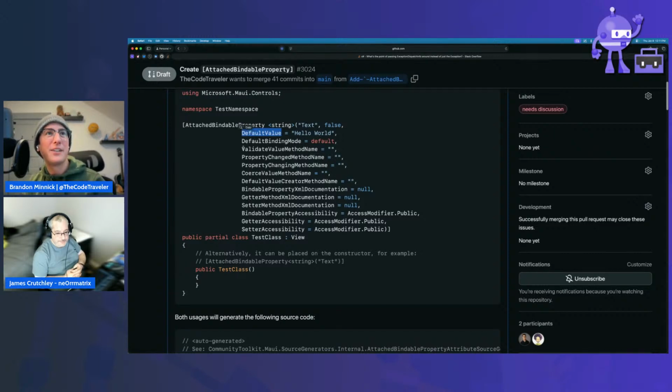So we got default value. You tell us your default binding mode, if you're passing in any methods for like property change, property changing. This is all the same. But then when I started implementing it in our sample app, in our library in community toolkit.maui, I realized, well,